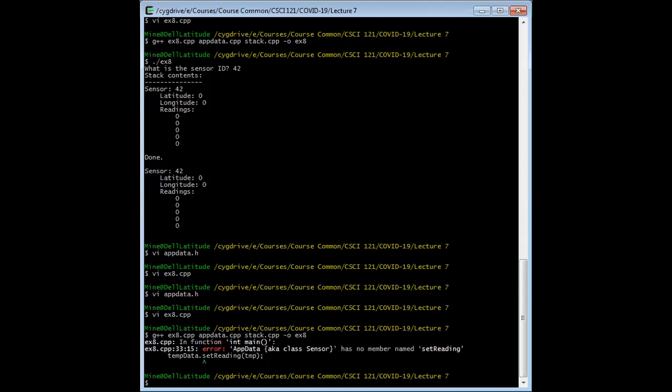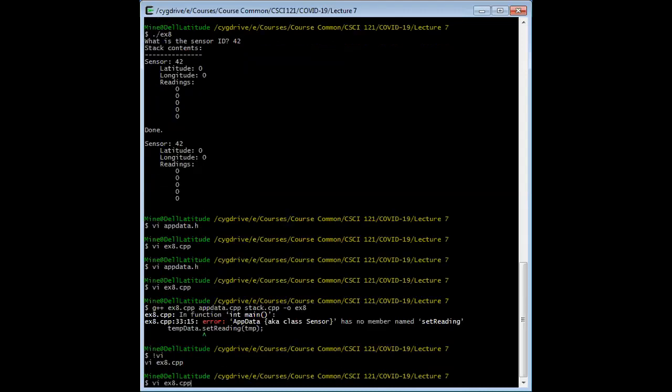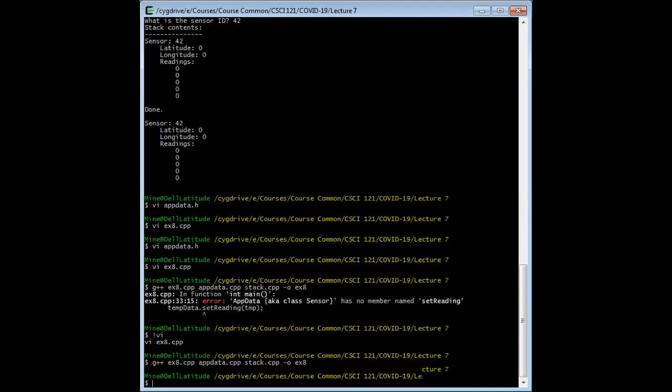Has no members set reading. Oh, notice the error message I just got here? App data, also known as class sensor, has no member set reading. Very clever. Now, set reading is not what that mutator is called. It's set new reading. And so we'll go back in, recompile,